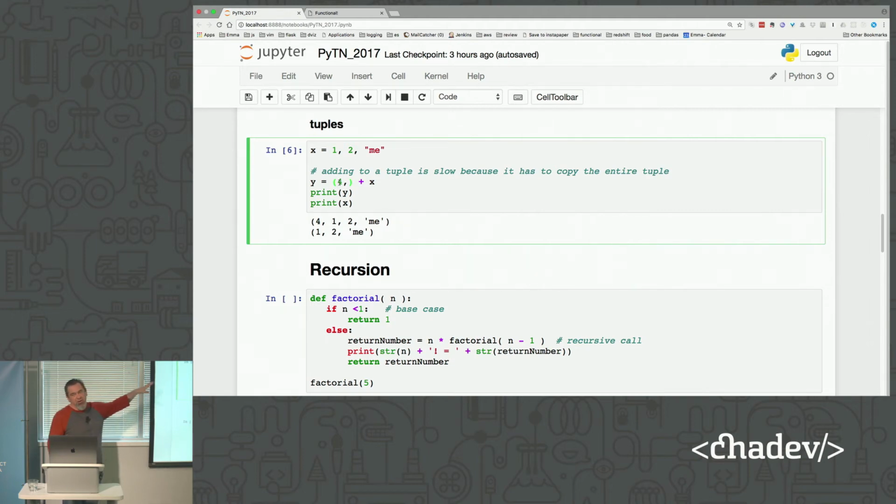So this is not very efficient, and this is not the kind of thing that you would want to do, because it is making this sort of deep copy of your entire tuple. But it's a safe way of working with data so that you don't mutate it along the way. So again, it's one of those trade-offs. If you need to do it, that's the way you need to do it.